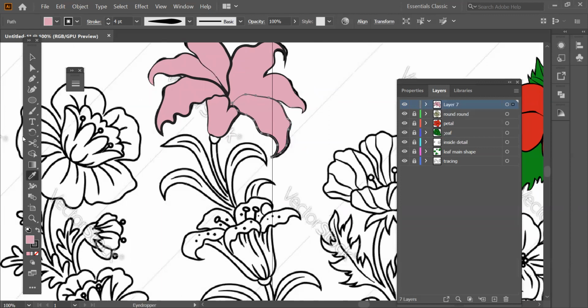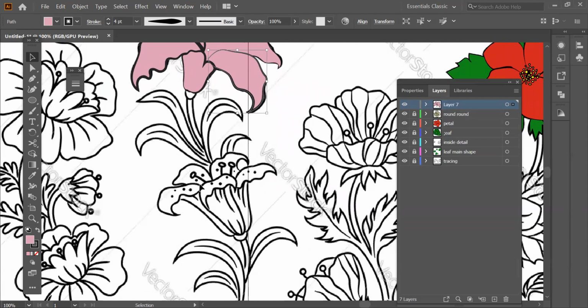Eyedropper, and just, now I want to keep this a different color. Let's do it of a different color. But this thing, I want to do all the things green into one. So I'm just going to name it first flower. I am yet to do the inside detail, okay? All these style strokes and all, let's do it at the end for everything at once, because all the things are going to be of one or two colors most probably.